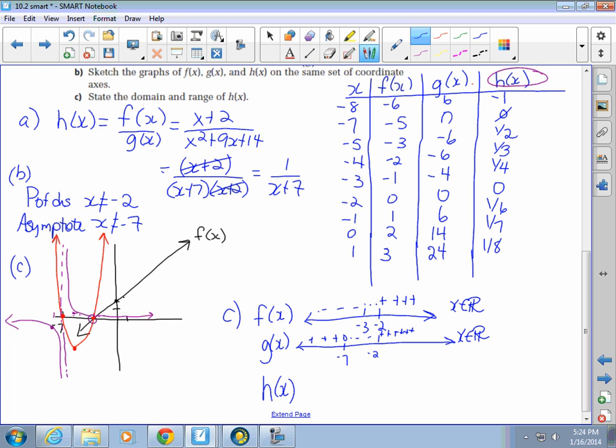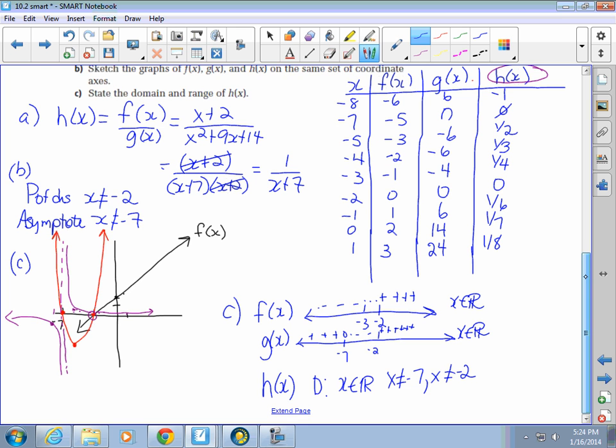So for my domain, I can use real numbers, except x cannot be -7 and x cannot equal -2. My range then, I'm never going to get that to equal 0, because this point here, remember, it was a point of discontinuity, so you have to watch that. My y value will never be 0 because of that point of discontinuity. So my range, y cannot equal 0,